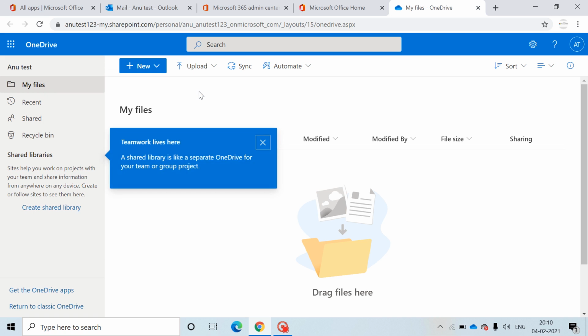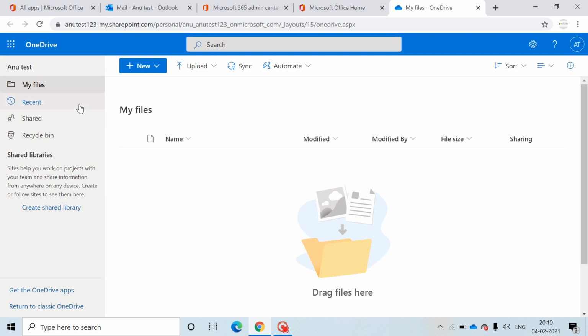This is how you can see your OneDrive. This is my files. Over here you can upload files, you can download those files to your PC, sync them to your PC, and you can start using OneDrive from here. So OneDrive, basically, if you have a lot of data on your PC, you want to back up that data somewhere, just open OneDrive, click on upload here, and start backing up all your data into OneDrive, and just keep it safe on your server, that is on the cloud. Nothing will happen, your data will be safe unless you go and delete it. That is how OneDrive works.